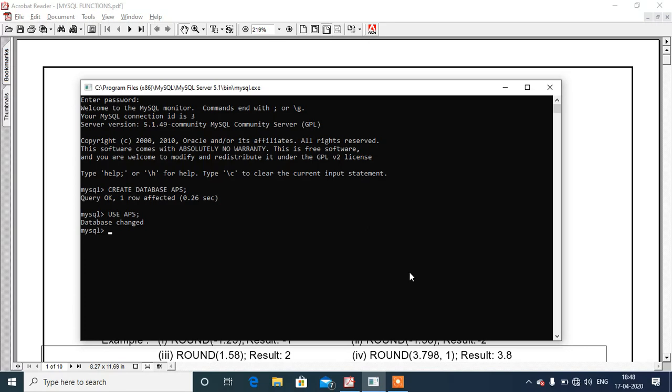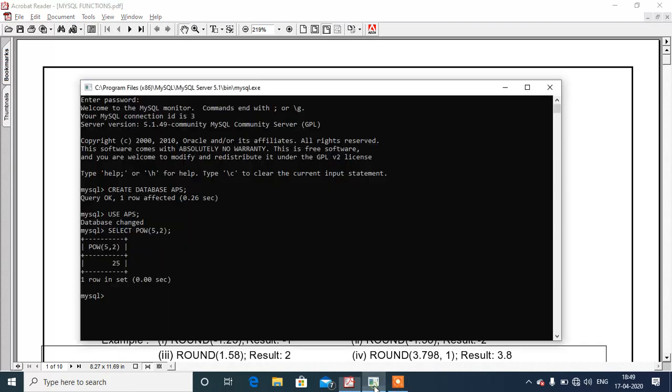You can see it here. First of all, we need to write select pow, bracket 5 comma 2, then semicolon. You can see here pow 5 comma 2 becomes the column heading and it will return 25 as a result.